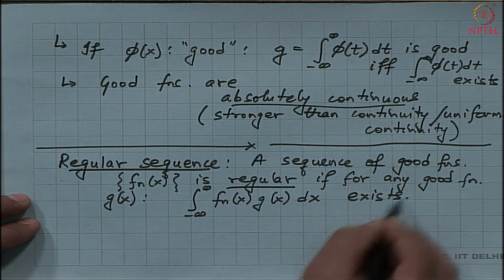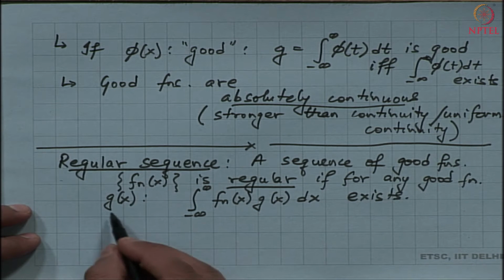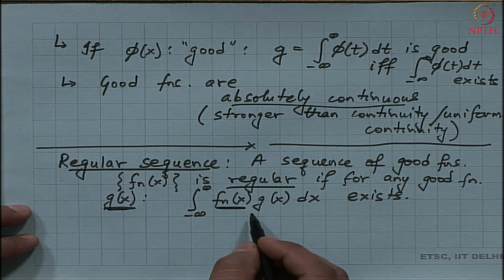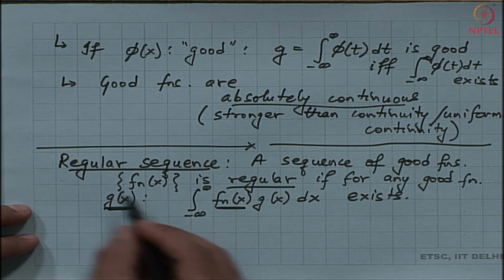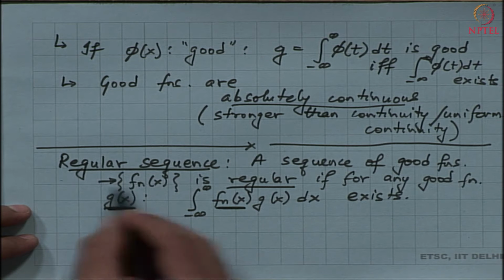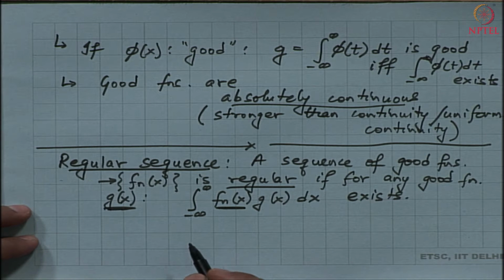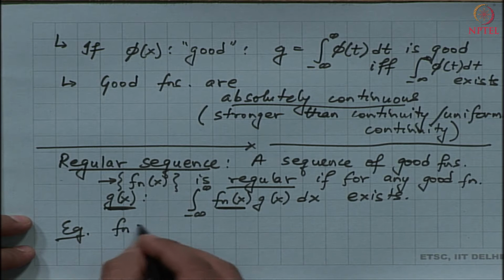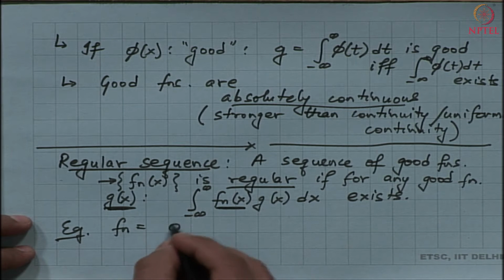So, if I can integrate the sequence of functions f_n(x) with respect to this good function g(x), and the integrals exist, then this sequence is called a regular sequence of functions. Well, to give you an example, if I have this function f_n given by phi(x)